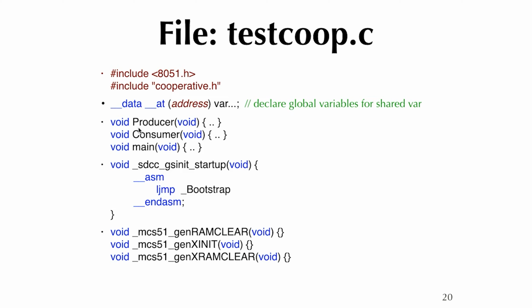Now, idata is really for 8052. 8052 is an enhanced version of 8051 in that it can expand the memory by another 128 bytes, but they're indirectly addressable only, and they have the same address range as your SFR,